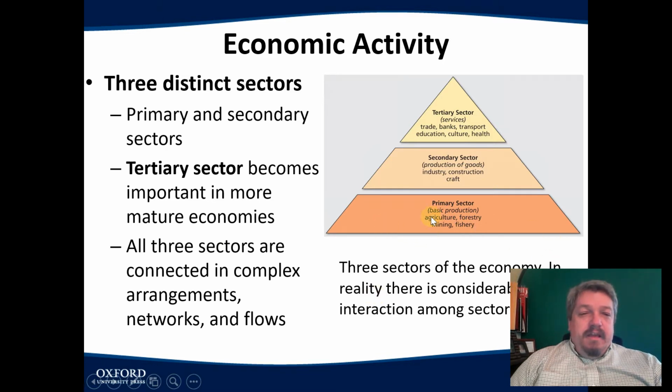But basically speaking, the primary sector is basic production, actual obtaining resources, so farming, lumber, mining. The secondary sector is making things out of those materials, so taking the food and making processed food, taking lumber or trees that you cut and making them into furniture. And then the tertiary sector are services, so banks, medical care, education, things that don't involve an actual physical thing that you make. So let's get into this.